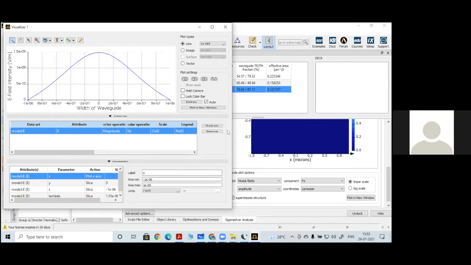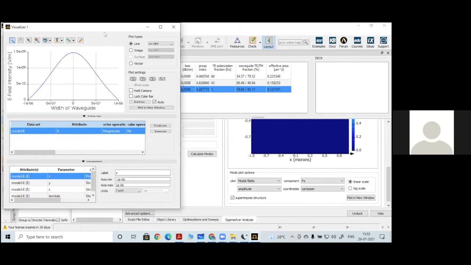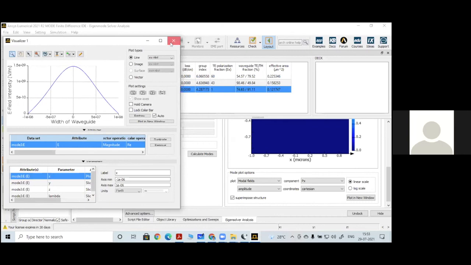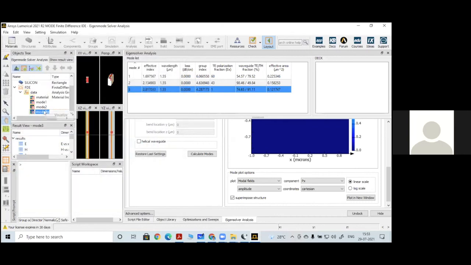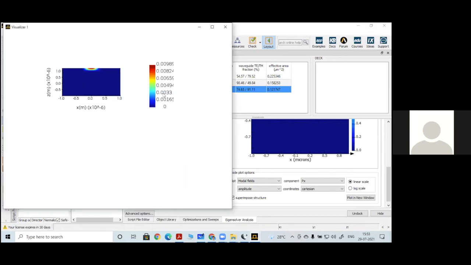In the same way, we can observe the H field intensity, even the Poynting vector, and even the radiating component. The radiating component we are not interested in for this particular example because these are waveguides, not radiating elements. If you want power, P here is not power, it is a power density, in watt per square micrometer.